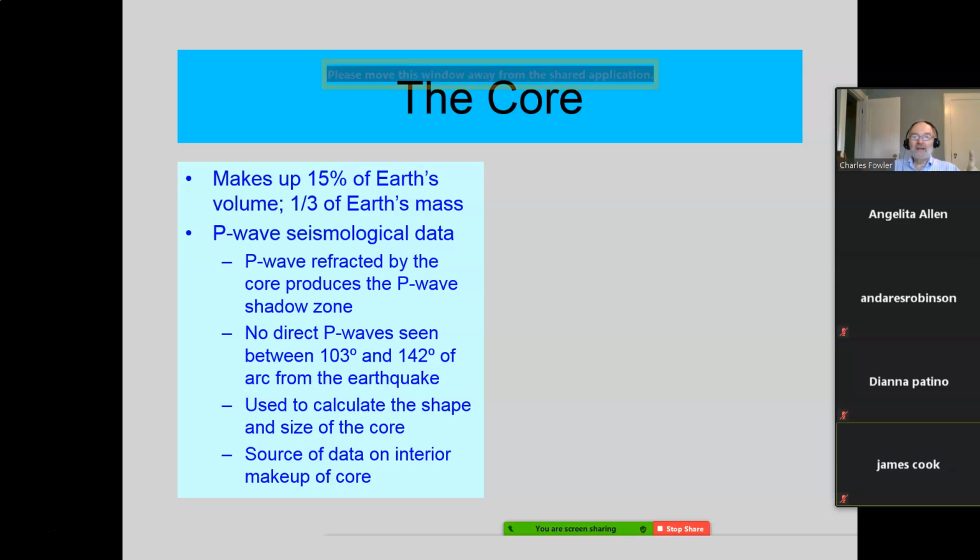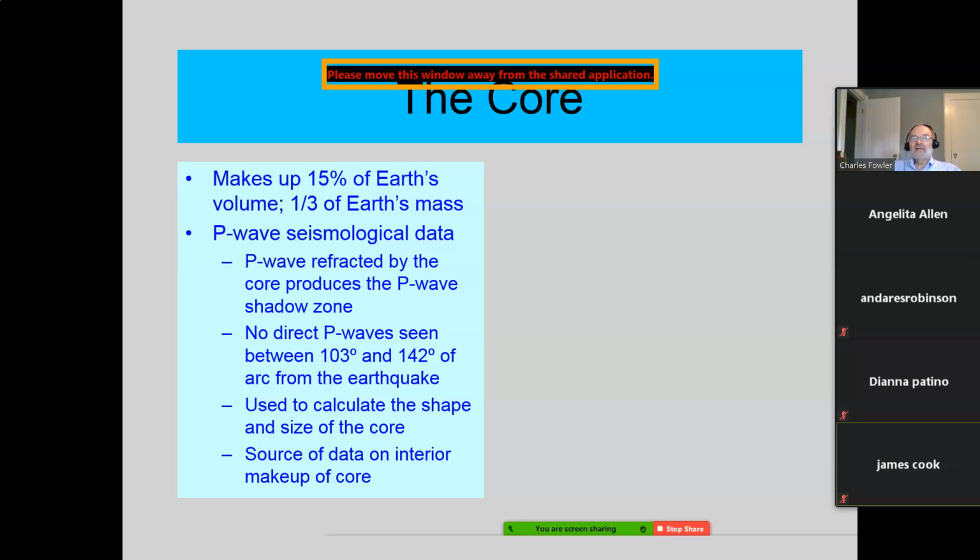Now, what we're going to say about the core, we know because of this P wave seismological data. Now we get back into, remember we talked about the seismic waves, then we left them and started talking about the composition. Now we're going back to tie them together. Remember, tell me 3 names for a P wave. Anybody? Primary wave, pressure wave, longitudinal wave. 3 different names, same wave.